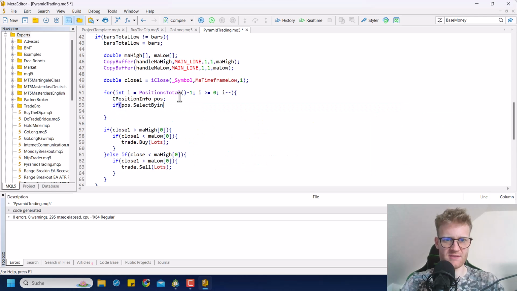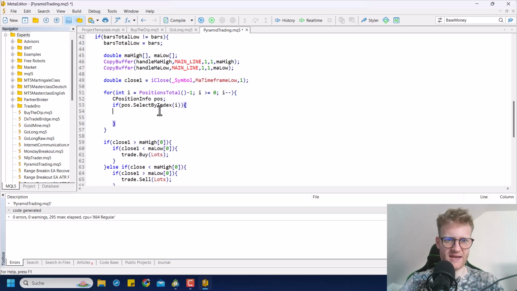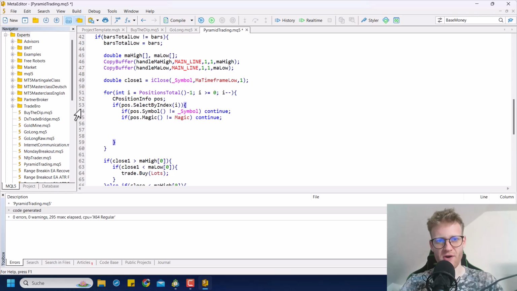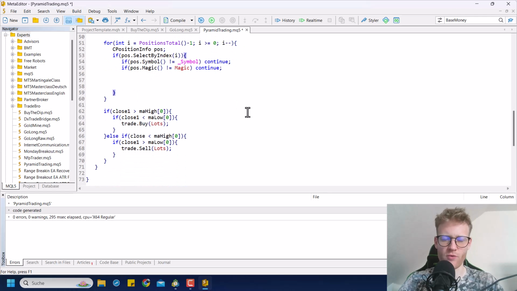Select by index. So if we are able to select, we want to check if position symbol is not the chart symbol. In this case, we simply continue. And we also want to check if the position magic is unequal the magic number, then we also want to continue. But if we found a position with the chart symbol and the magic number of this EA, we assume that it's a position that was opened by this program. And then we can say